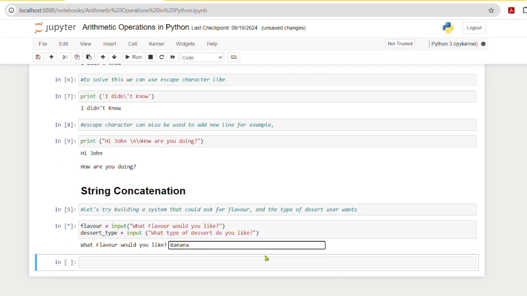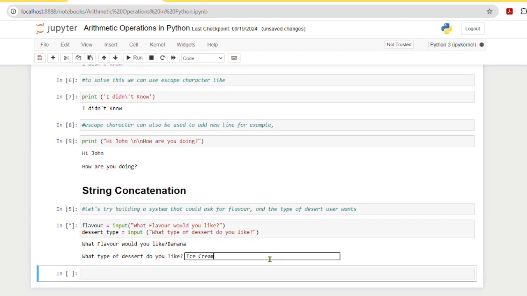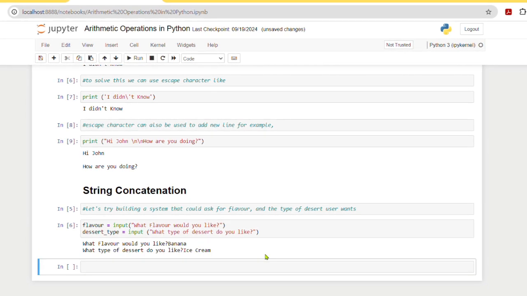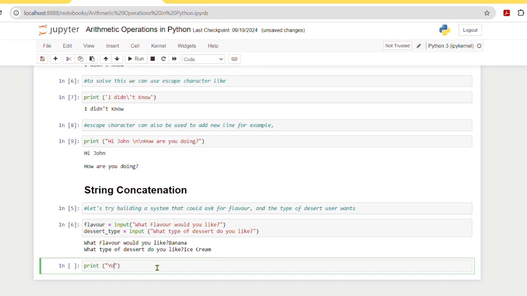After we run it, it will give us an output. So we'll put in the answer to what flavor would you like, we'll put banana, and to what type of dessert do you like, we'll put ice cream. So it will give us the output of that, and now we'll